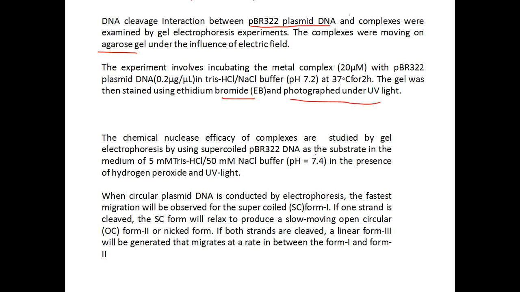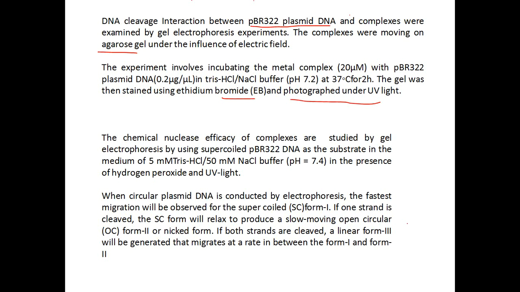When it cleaves, it gives you the relaxed form of the helix, also called the nicked form, that is, the cut form, where the supercoiled DNA opens up into a circular form and a breakage occurs, right? And if two strands break, that gives you the next type of DNA, called the linear form. So these three move at different speeds. The supercoiled form, that is form 1, travels fastest because it is compact. Even though it is a long DNA, it is coiled and its shape has a very small size, so it moves very fast.